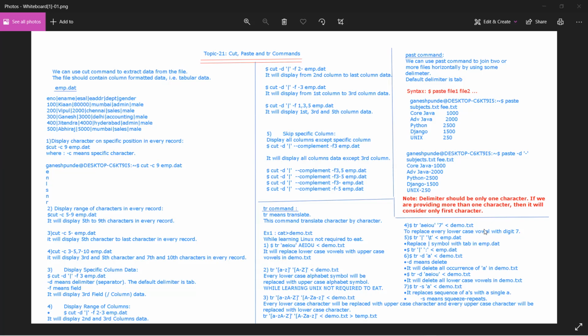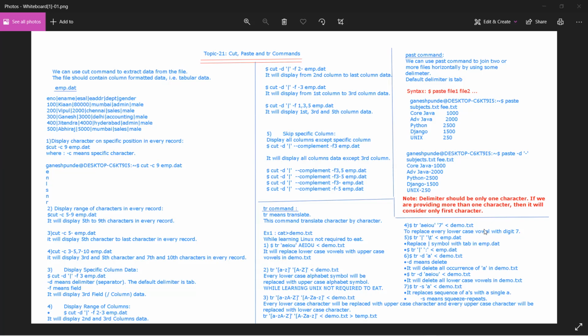Basically, the cut is used in order to extract the data from the file, right? And paste is used in order to join two or more files horizontally, either by default by tab or by using some separator. And the translate command is used in order to translate the data present in the file.